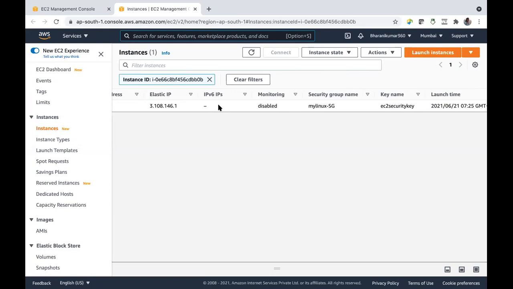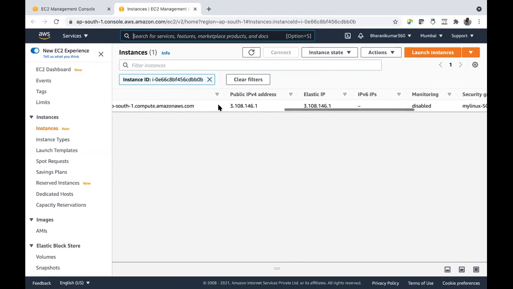If your instance is in stop state and you are holding this elastic IP, then for that time AWS is going to charge for having the elastic IP, because you are holding that IP address. You are not actually using it, but you are holding it. Then your elastic IP will become a chargeable one.